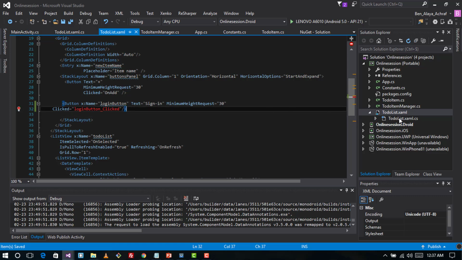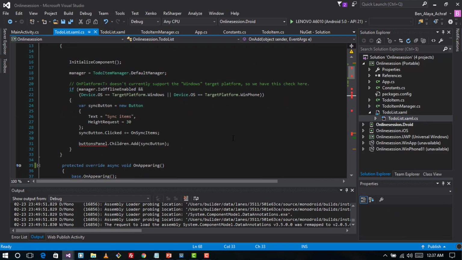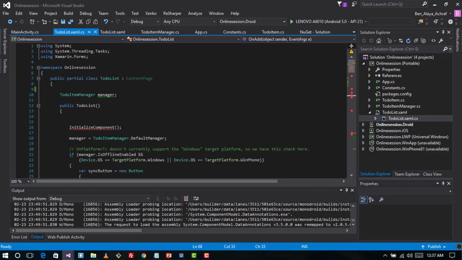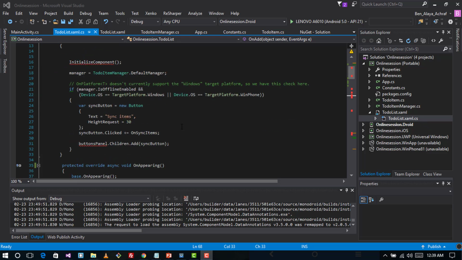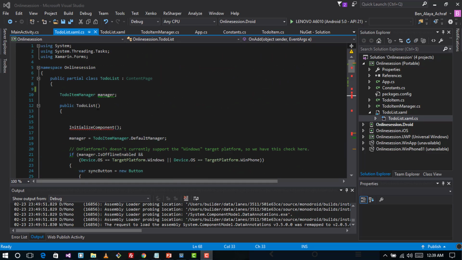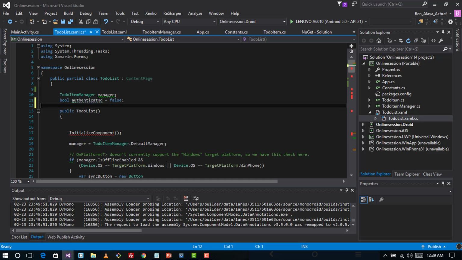Now we check this right here. Now what we are going to do is go to the code behind for our example page, and we are going to add and replace some stuff. What we are going to do first is here. This is our to-do list XAML C# class. Now we are going to add bool authenticated false, and we are going to add some other stuff. We are actually going to replace the OnAppearing method with another one, and we are going to read the code